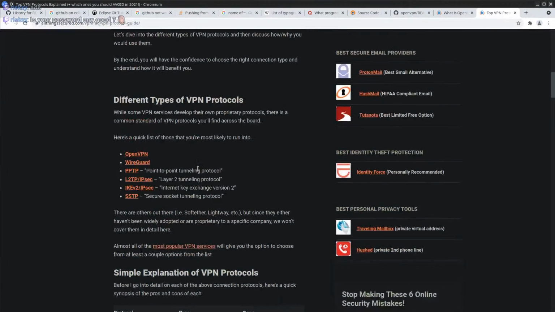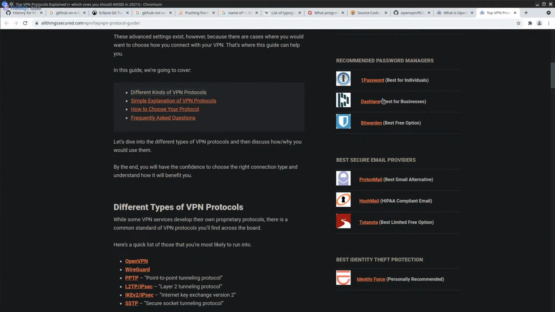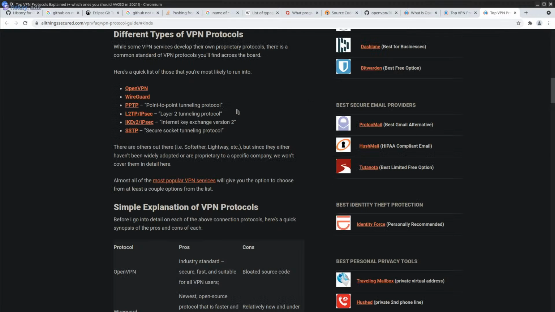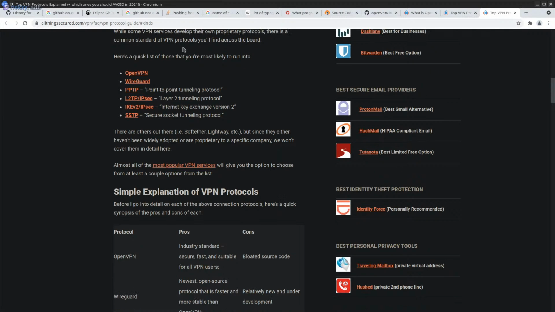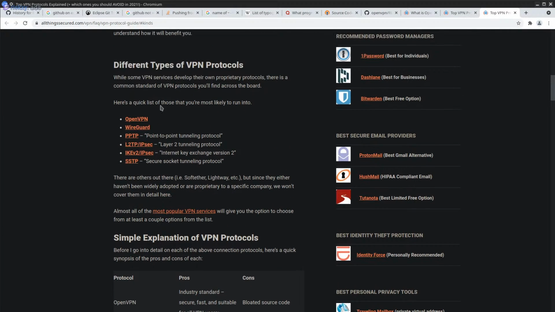So this is linking to a new article. Quick list of those. While some VPN services develop their own proprietary protocols, there is a common standard of VPN protocols you'll find across the board. Quick list of those you're most likely to run into.